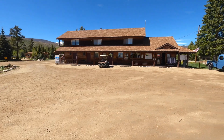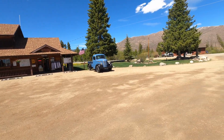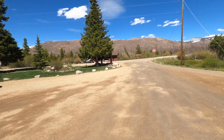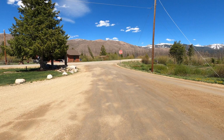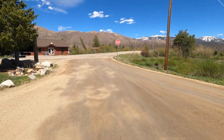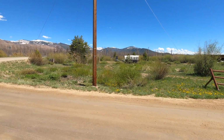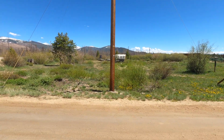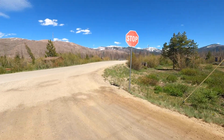All right, so here is the general store of Winding River RV Park, and you can see we are walking out to this stop sign. This is where you exit the park. So wanted to just give you kind of an idea. Right over there to our right is where Cowboy Church happens many Sundays. I don't know that they do it every week, but